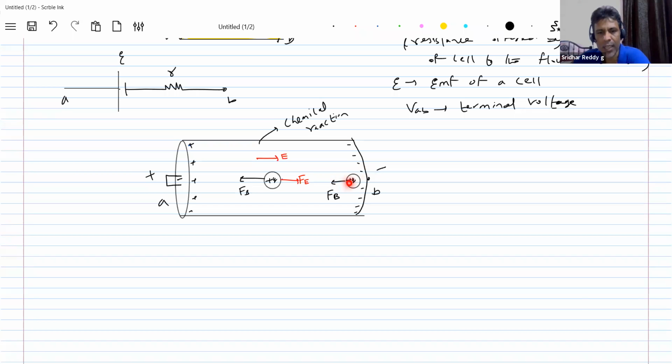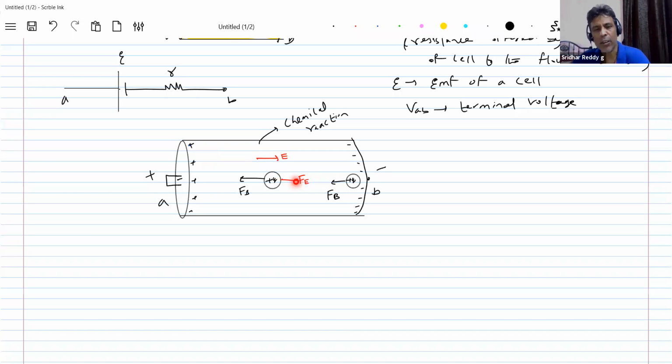Then, as the charge moves, because of the positive charge deposited, going to electrostatics, will an electrostatic field be set up? This will be like one plate, and this will be like another plate. So an electrostatic field is set up. Now, a fresh positive charge, when it is moving, will it encounter any force due to the electrostatic field? Yes, it will be towards the right.